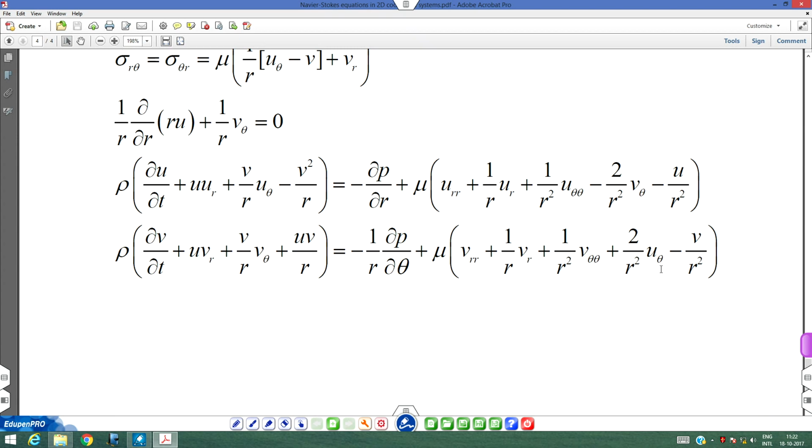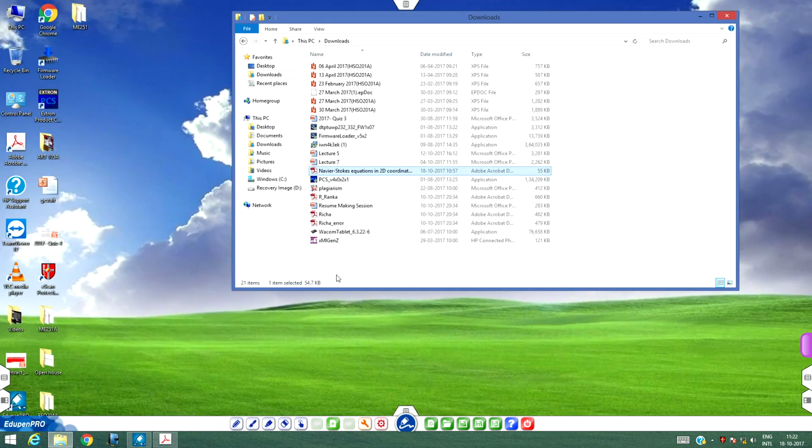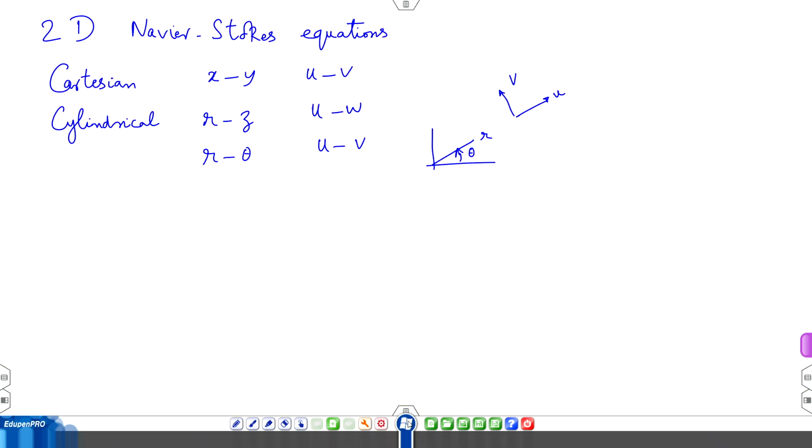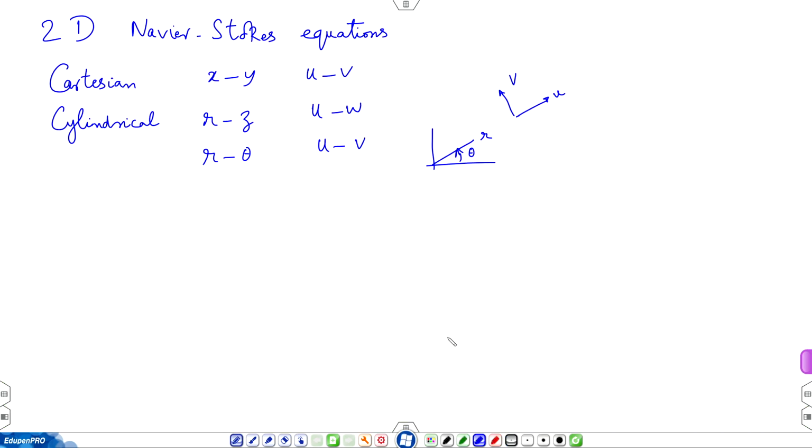So, this entire left hand side was 0. So, it was a non-accelerating flow field. So, we had a portion of the right hand side being equated to 0. So, continuing with that example,